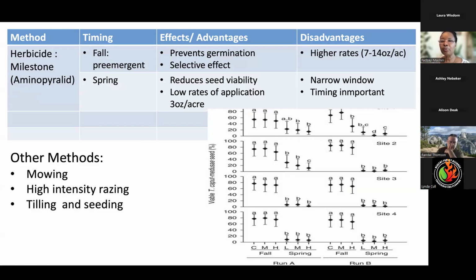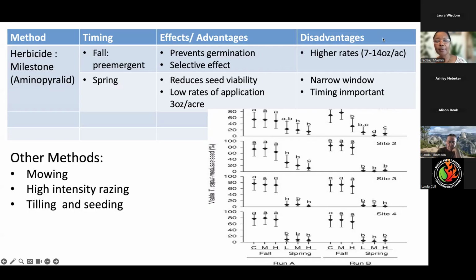But what was prohibitive for most people was that it was very expensive, because the rate needed to be effective was very high, between 7 to 14